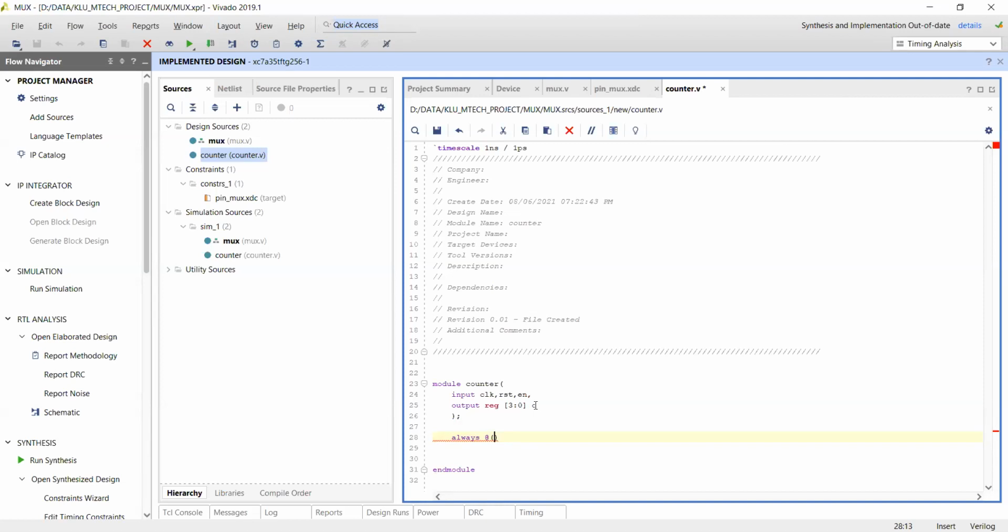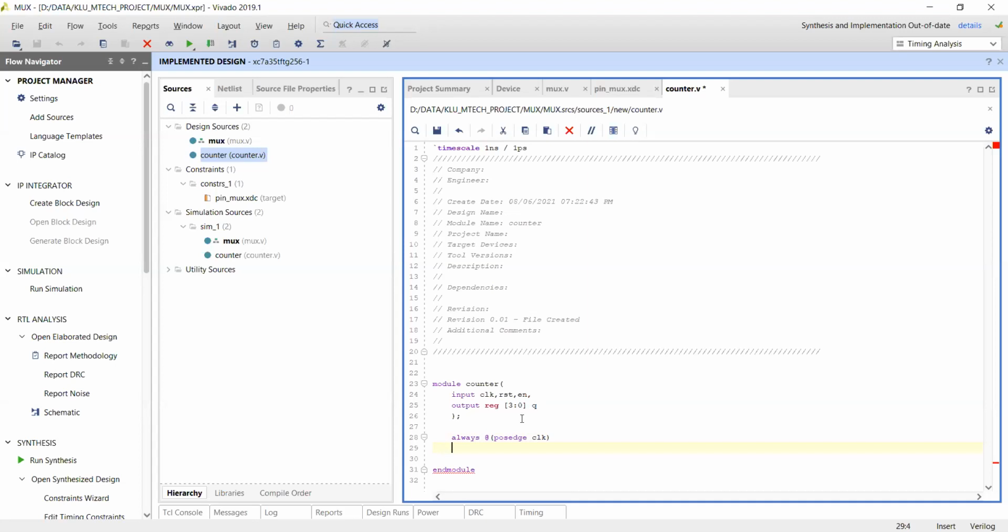So here I want to give posedge, the positive edge of clock. That means at every positive edge of clock, that means rising edge. Positive edge means every rising edge of the clock.